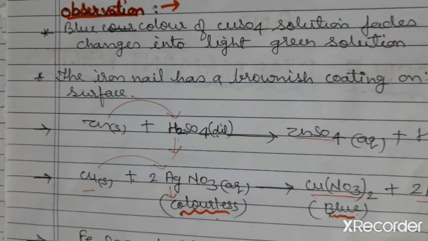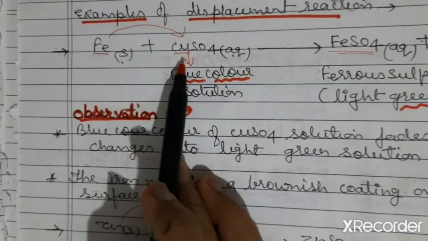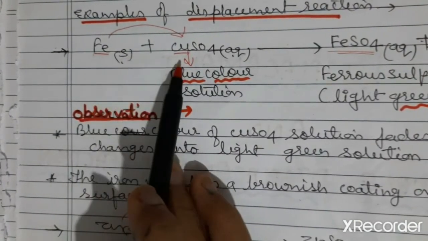What is the reactivity series? The arrangement of metals in a vertical column in order of their decreasing reactivities from top to bottom is called the reactivity series. The element at the top of the reactivity series can displace the metals that lie below it. When you see the reactivity series, you will find iron is above copper. That's why iron is able to displace copper in this reaction.